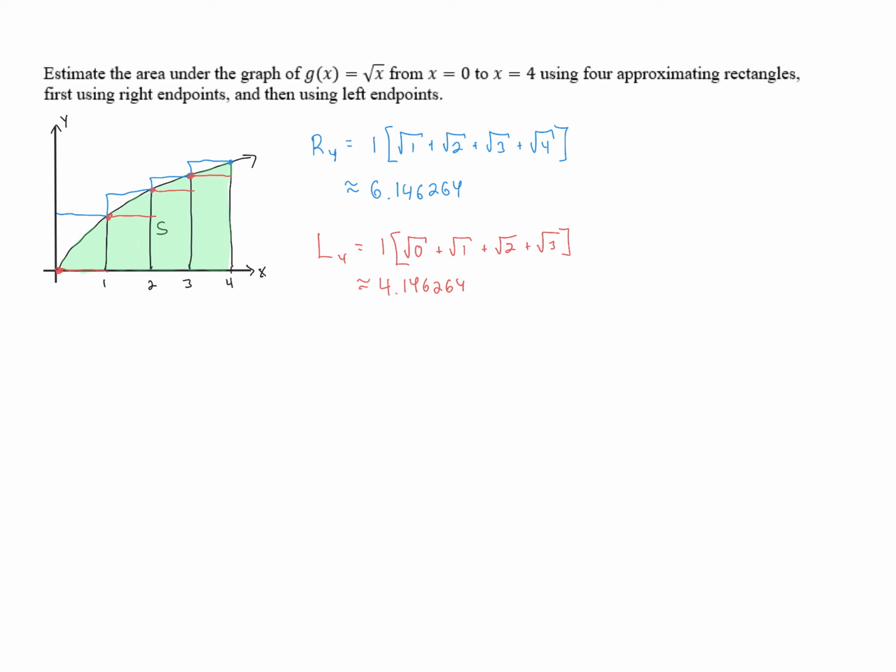6.14. If we wanted to get better approximations, we could use more rectangles. We could use 10 rectangles, 100 rectangles, 1,000 rectangles. That would eventually help us figure out what our limit is. But just in case you're curious, I will tell you that the actual limit ends up being 16/3 or 5 1/3. That is the actual area of that region, which is something that we will be able